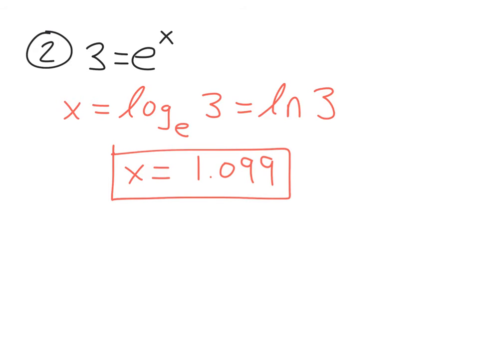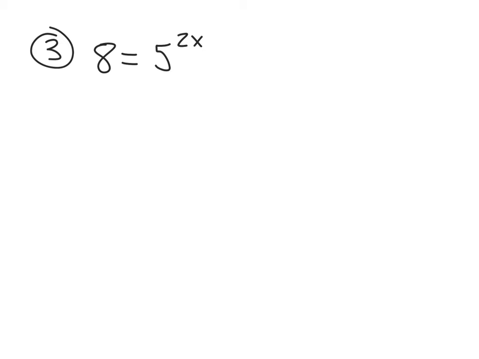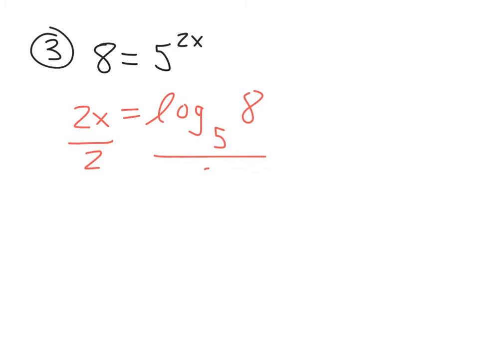All right, let's look at another example. Now, on this one, there's going to be a little bit more algebra involved, but not much just yet. We're going to start out the same way as before by taking the exponent and saying 2x is the exponent on 5 that gives me 8. Now, we haven't solved for x, we've solved for 2x currently. So all we'll need to do is a little bit of algebra, divide both sides by 2, and we'll have